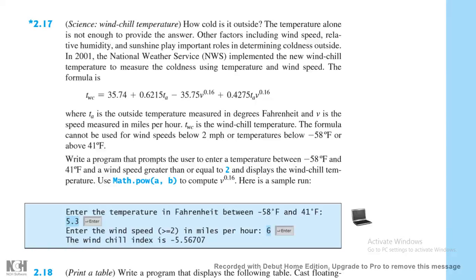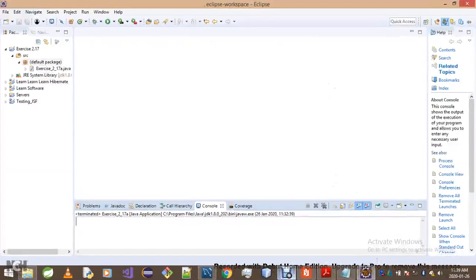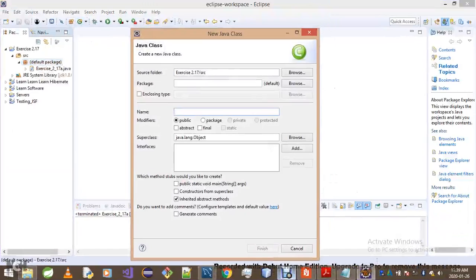Okay. Write a program that prompts the user to enter a temperature between minus 58 and 41 and a wind speed greater than or equal to 2 and displays the wind chill temperature. You use method power to compute V to the exponent of 0.16. So here's a sample run. Now let's try to give a solution from student C's perspective, which happens to be the smartest among the three,